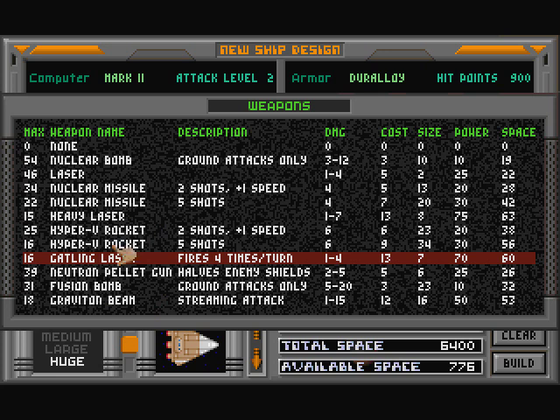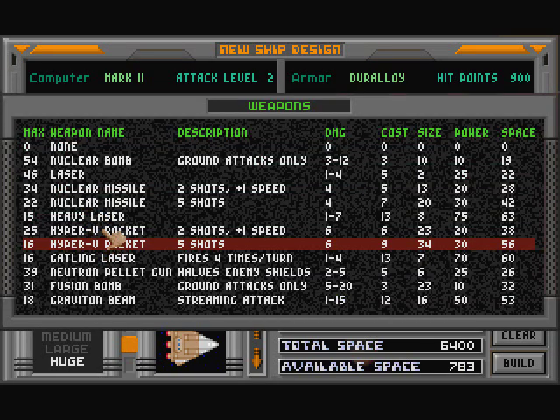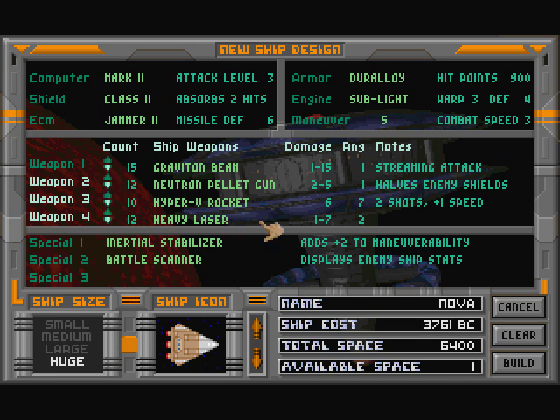Thinking about power and damage here. So the Hyper 5s do 5 damage. They do 6. It is probably about as armoured as a tank as I can make things. But 18 graviton beams. Up the heavy lasers to 12 and up the pellet guns to 12. Right, so this is now